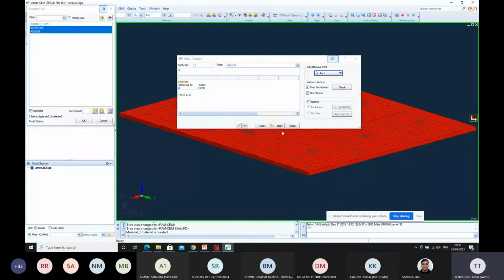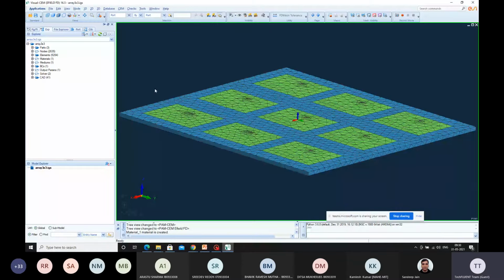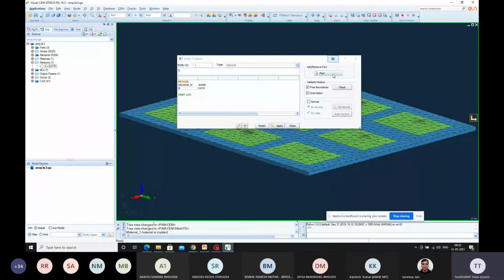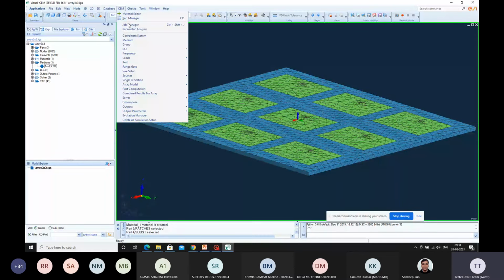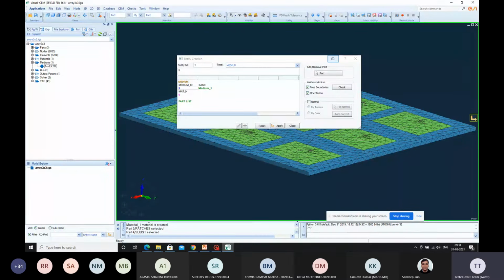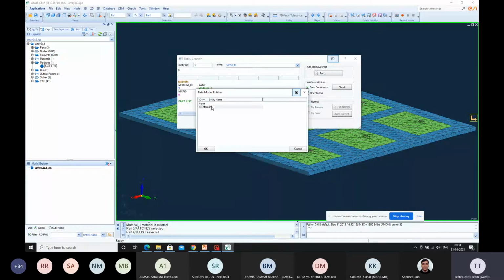Click on apply. Oh, sorry, 1 second. So select your part surfaces, go with patches and substrate, click on OK, and then click on apply. So the exterior boundary will be allocated. And next, this is a step we missed out. Here you have to give your material ID. You have to click here, go to list. Under list you can find whatever material you have imported. If you are renaming it, you will get the renamed text here. You have to select this material, click on OK. So you'll get the material.